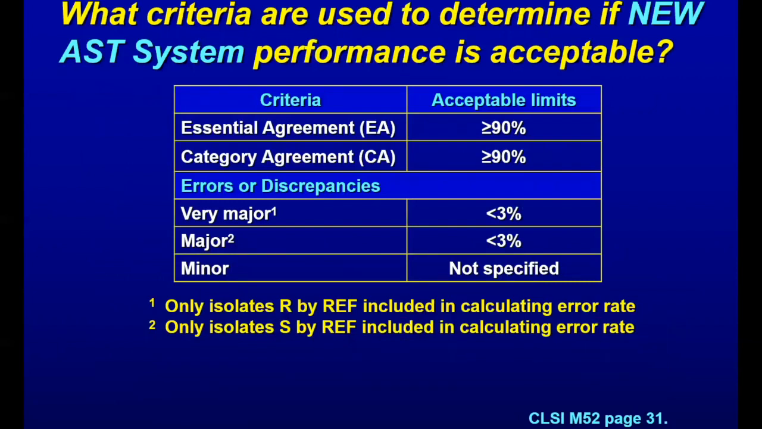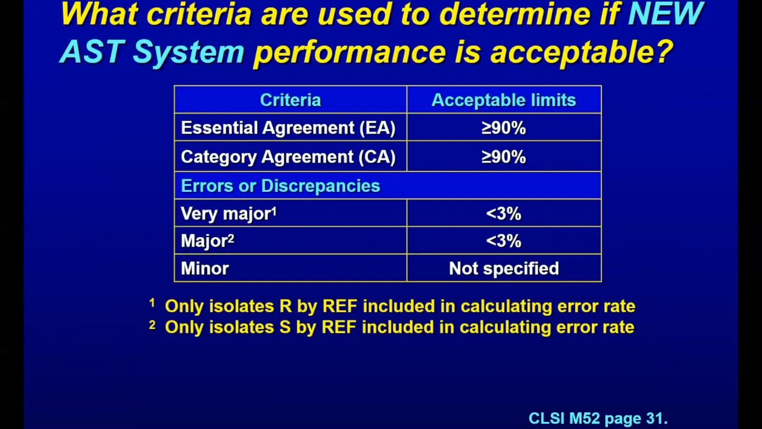Okay, so what criteria are going to be used to determine if the new AST system performance is acceptable? This is very similar, and I'm not going to go through the calculations because Beth described this. It is very similar to the criteria evaluated when a commercial manufacturer submits their data to the FDA for FDA clearance. So we want to attain essential and category agreement greater than or equal to 90%. For errors or discrepancies, very major, less than 3%, major, less than 3%. And again, for minor errors, there is no acceptable limit specified,